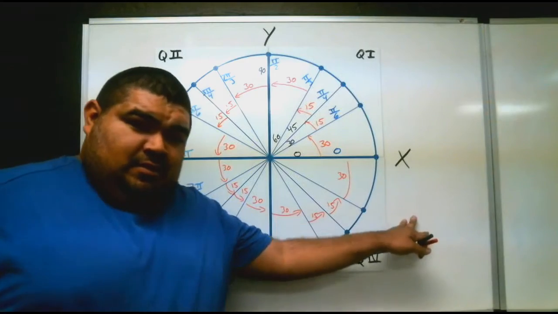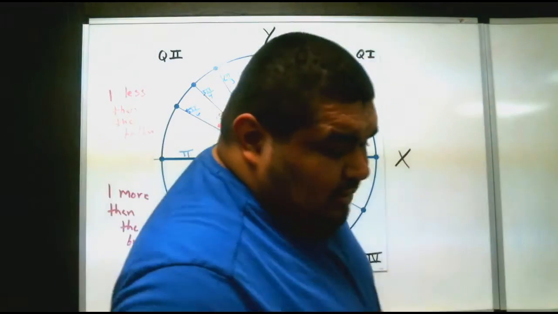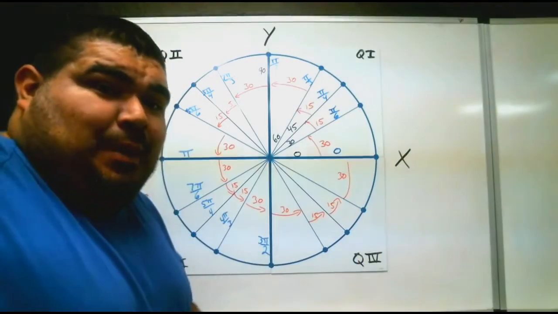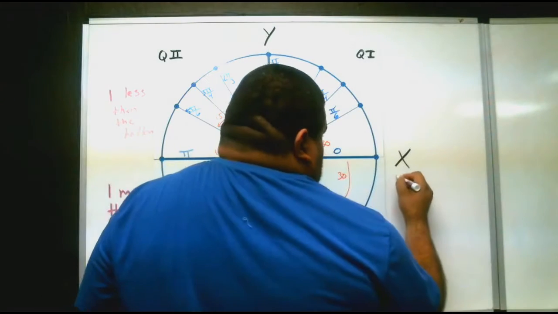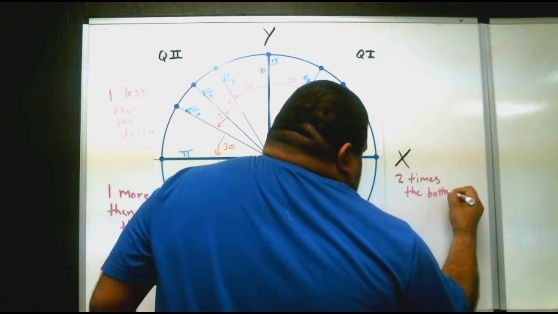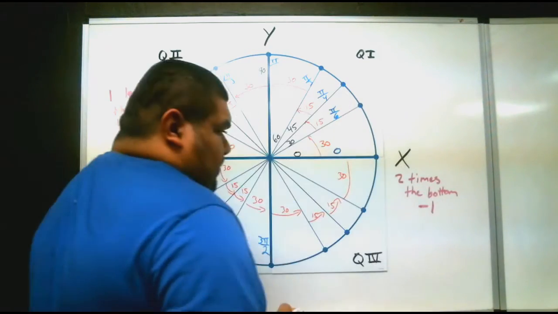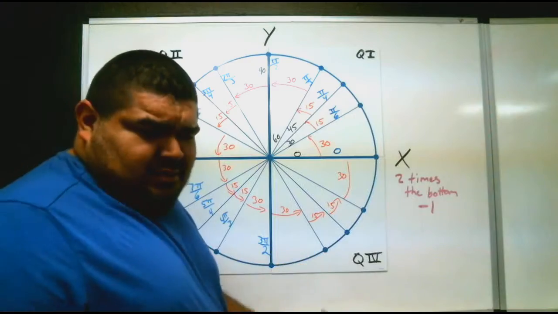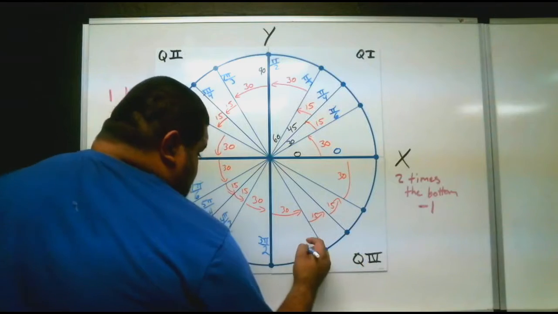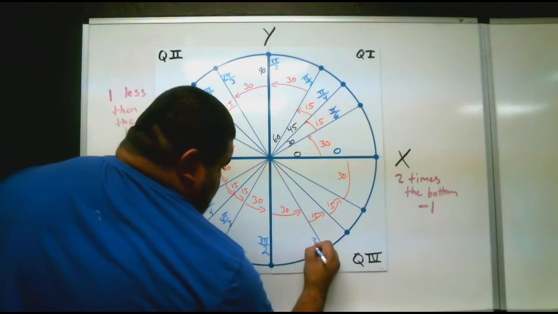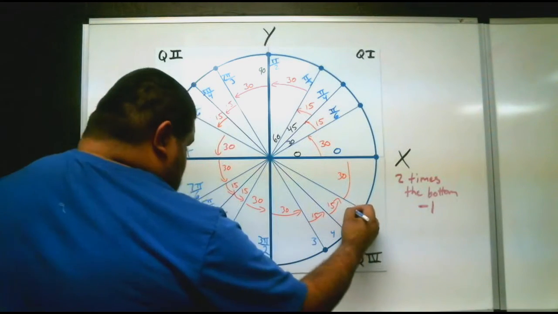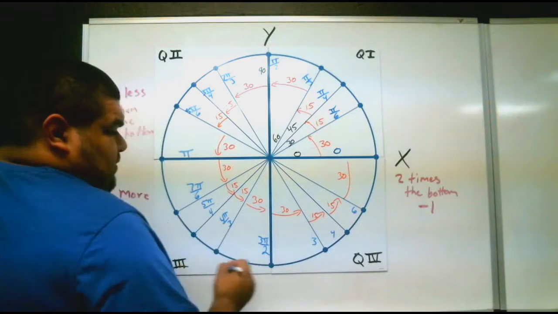For the final one, okay, it's still kind of the same rule. The only difference here is twice as much as the bottom minus 1. Okay, so 2 times the bottom minus 1. You might ask yourself, what do you mean? What I mean is, again, they don't change on the bottom, okay? We have 3, okay? We have 4, okay? We have 6. Those are the bottom ones,